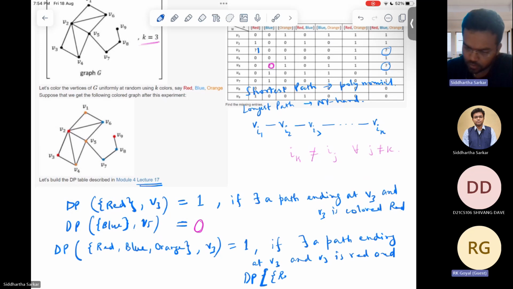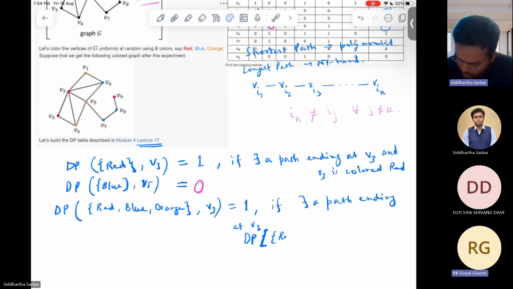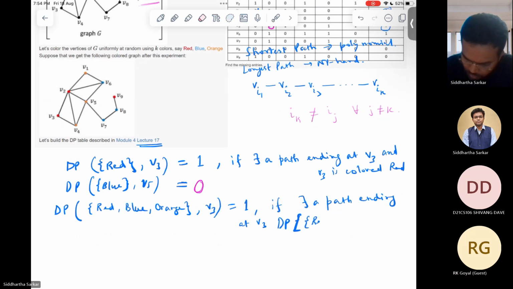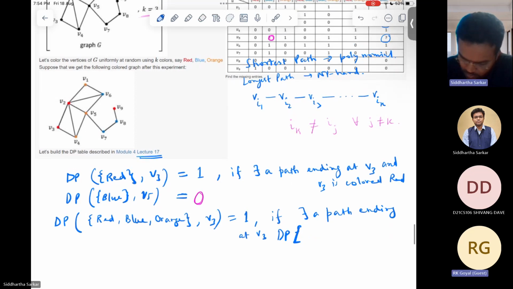Okay, so not V3 is not red. Fine. Okay, so does there exist a path ending in V3 and dp of the color set? Let us say C is the color set. So C is red, blue, orange. So dp of C minus the color of V3,